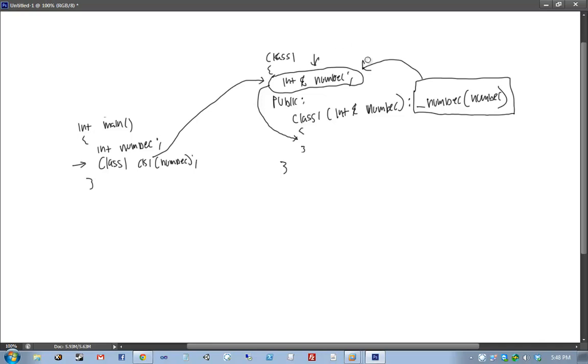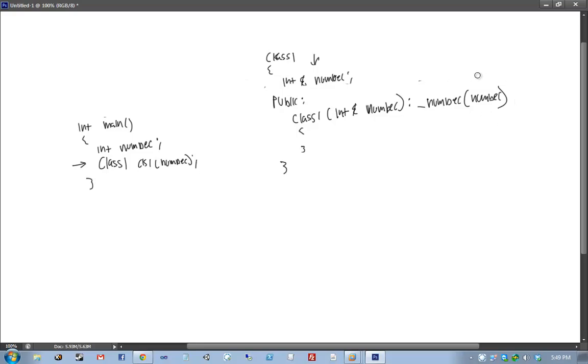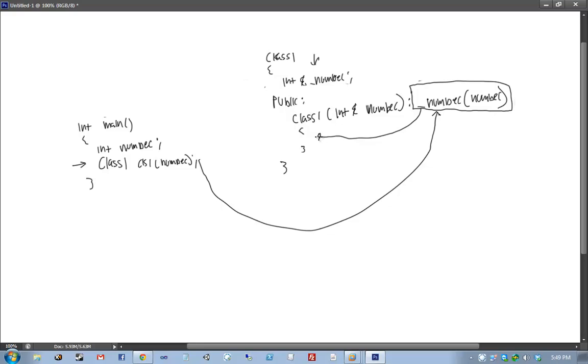So now what happens, now that we have our field initializer written, is when we instantiate class 1, the first thing that happens is this. Instead of going to the default initialization, it goes to our custom initialization. And then after our custom initialization, execution jumps into the constructor.